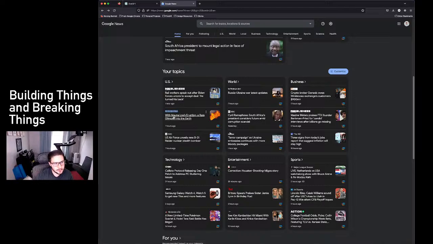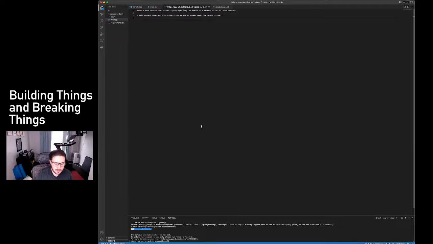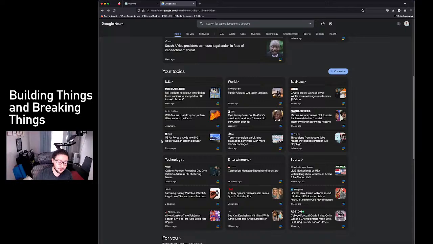So one of the limitations is... Can I just copy? Oh my god. One of the limitations of GPT is that it only has data up to 2021. It doesn't have access to the internet. There's probably very good reasons for that, and kind of why I'm so excited about this specific AI versus the